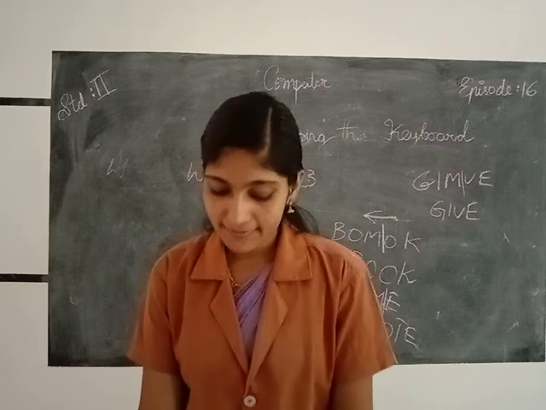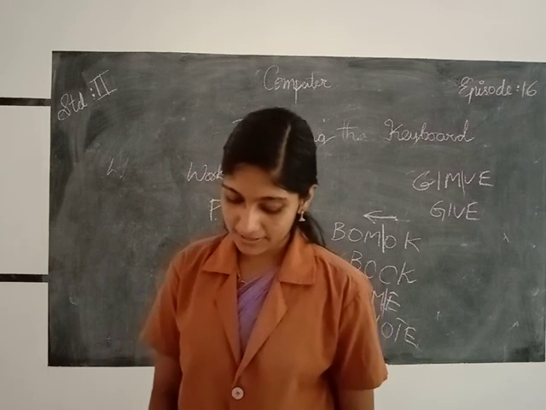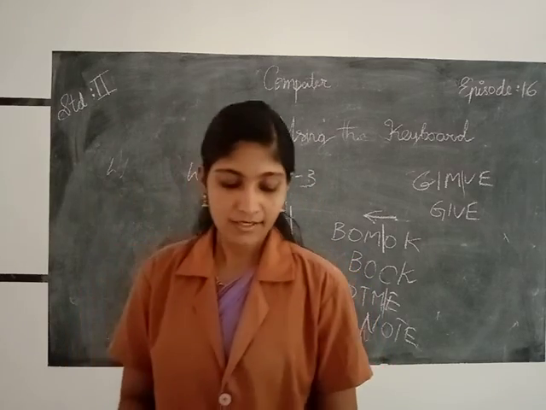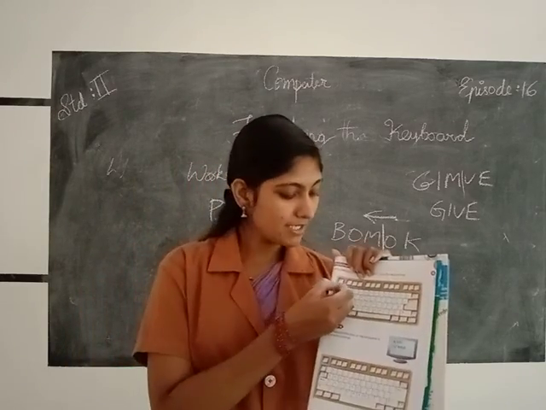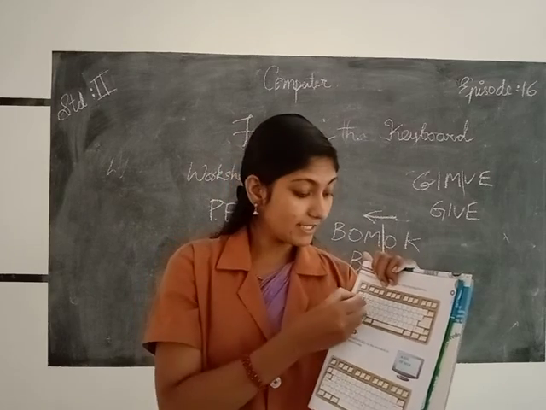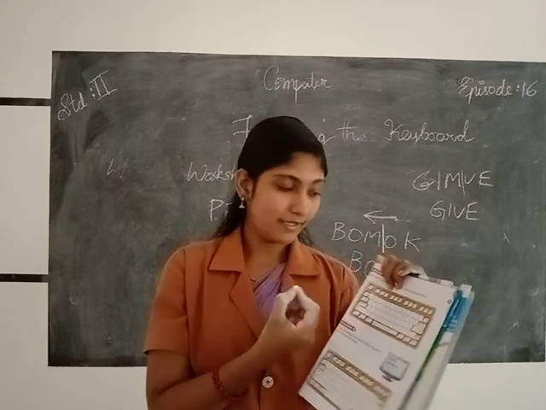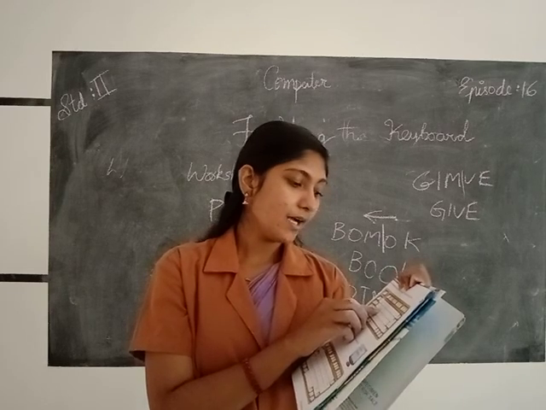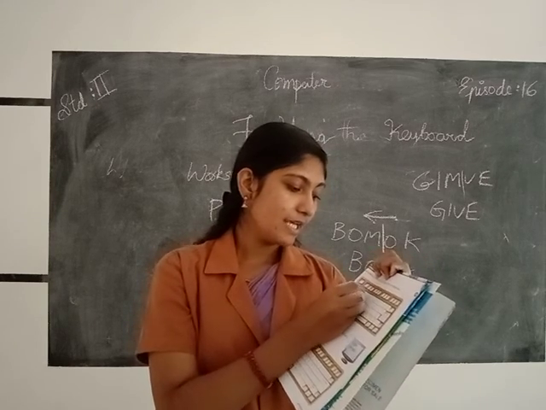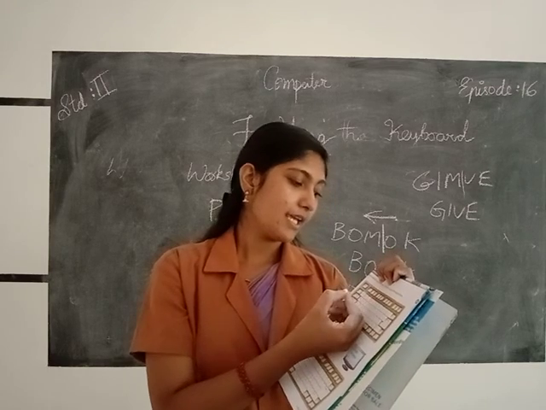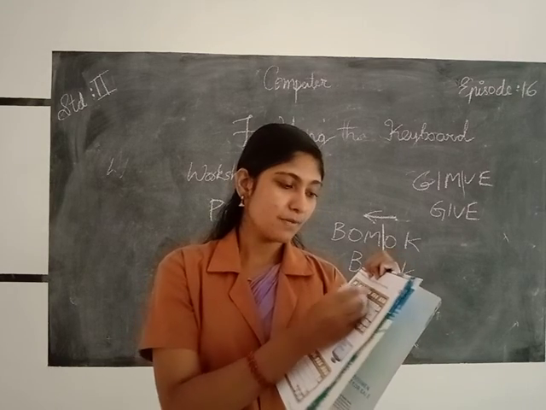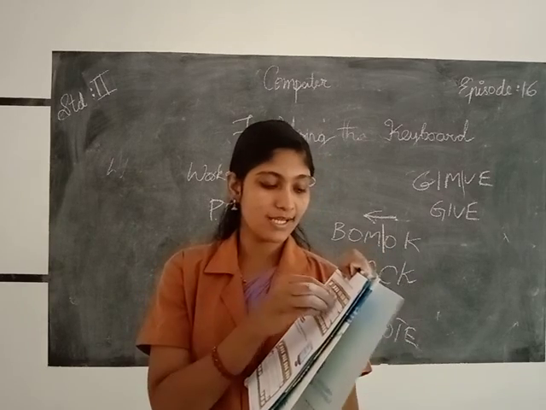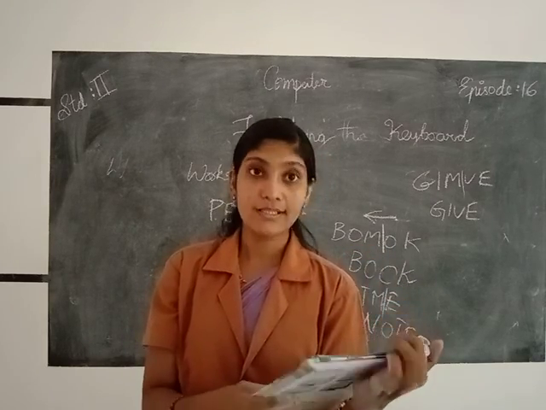Worksheet number 5. Sunny wants to print the exclamatory mark, heart symbol and star sign. Color the required keys. The exclamatory mark means color the digit number 1. Then next is the heart symbol, so color the number 3. Then next, the star symbol or asterisk symbol, color the number 8.